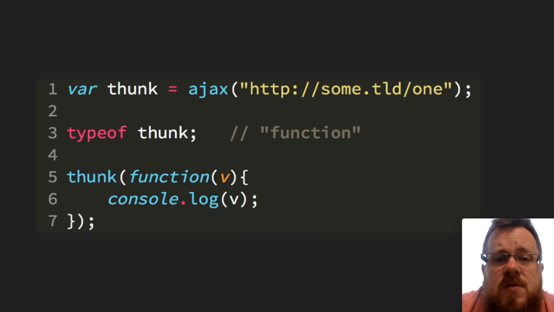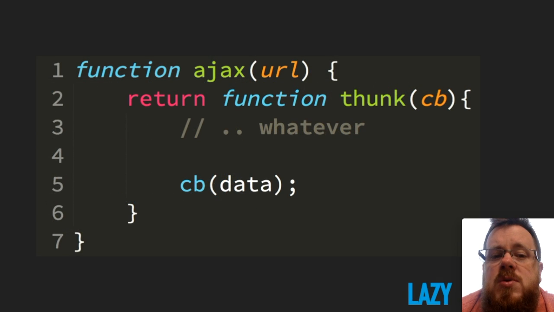So, in other words, a thunk is a function that has all that it needs to do some sort of operation, some sort of computation. It has everything that it needs except to receive or to unwrap the response, the computation value, you have to provide it a callback. That's essentially what an asynchronous thunk is. So how can we use that? Well, let's imagine that my Ajax utility is making this thunk, and this is how it would do it.